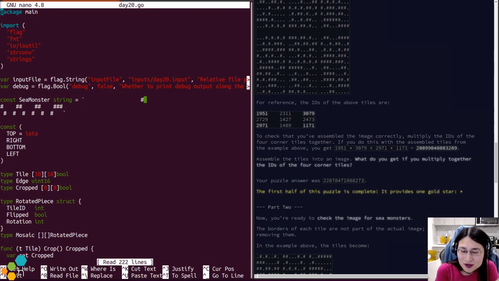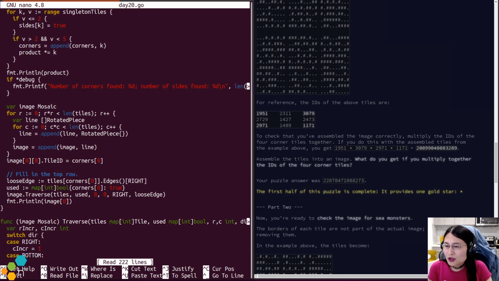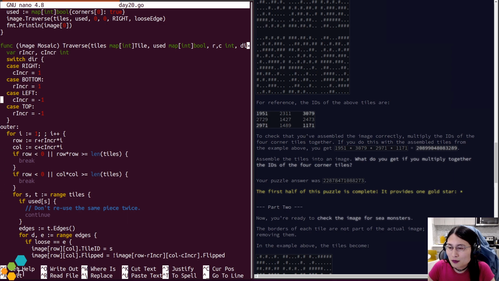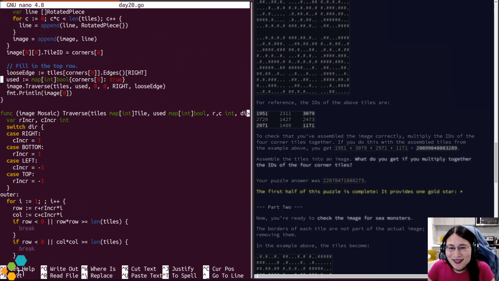Oh, because I don't know which corner is which. So if I couldn't find a way to traverse starting from that corner, that means that I picked the wrong one. That means that is not the right hand corner. Okay, I understand now.